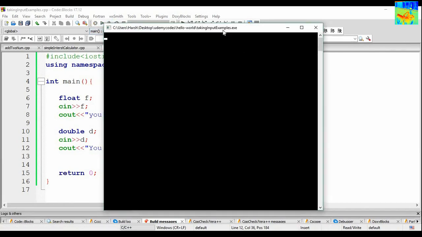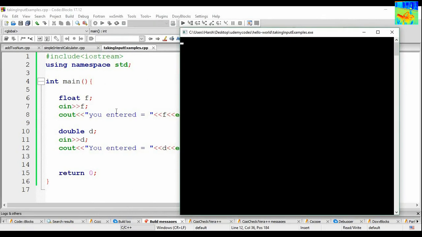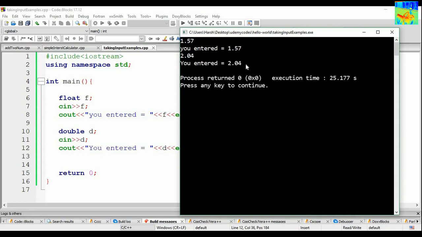My program is working fine and it reached line number 7 and is waiting for me to give input. Let's say the value of variable f is 1.57. Enter. And now my program reached line number 11 and it is waiting for me to give input for variable d. Let's say the value of d is 2.04. Enter. So you entered 2.04, which is the value of d.